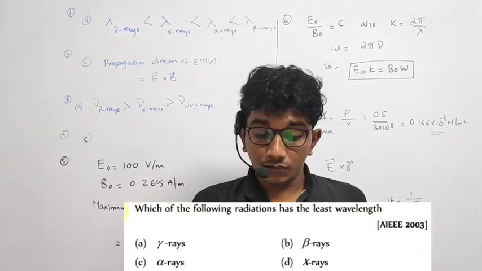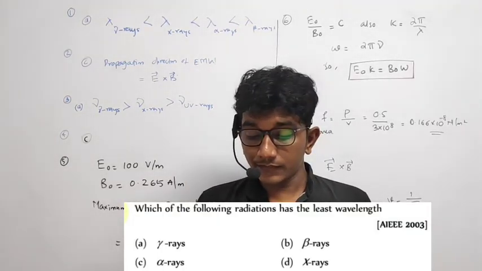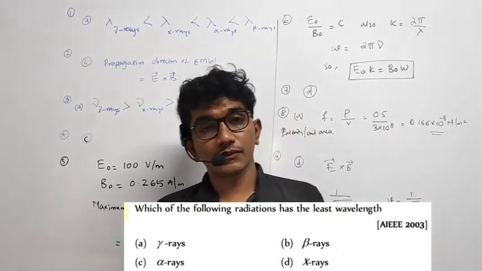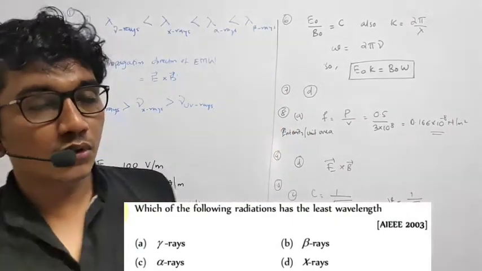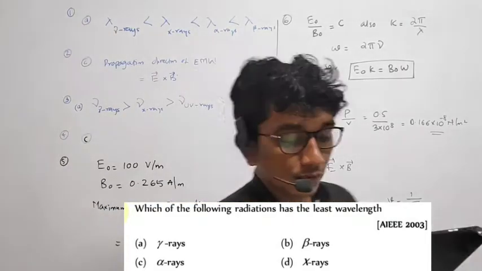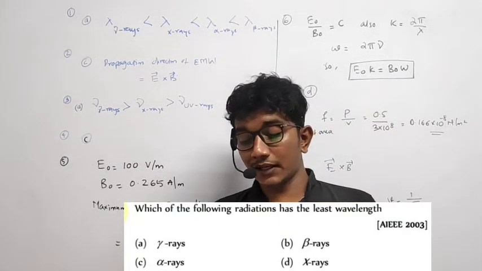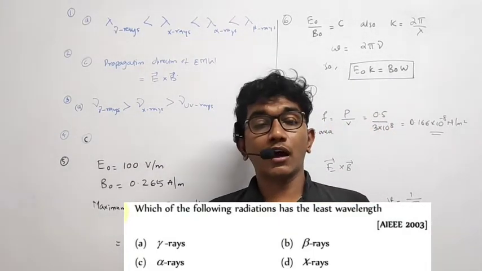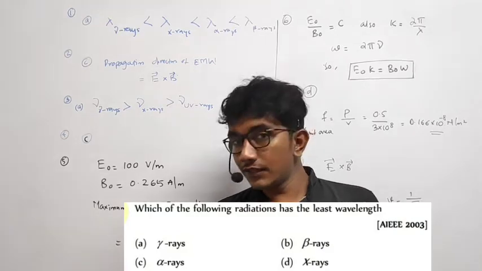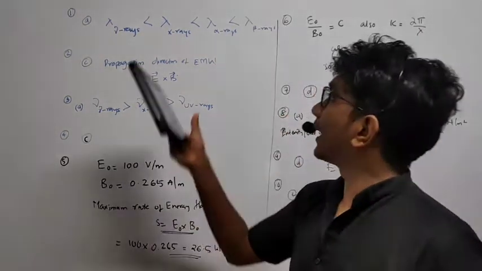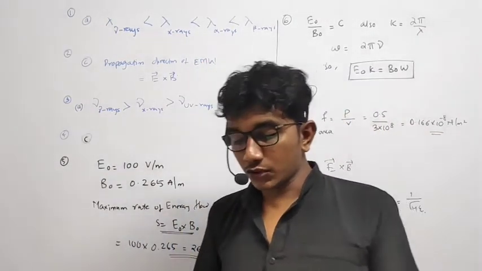Which of the following radiation has the least wavelength? Okay, that is the question. We know about the wavelength of gamma rays and X-rays. What about alpha and beta rays? We need that comparison, so that's why I have written the comparison over here. So the answer is